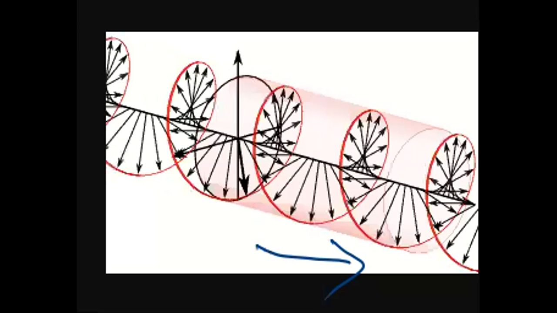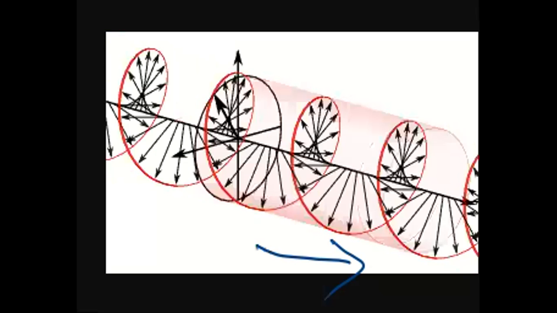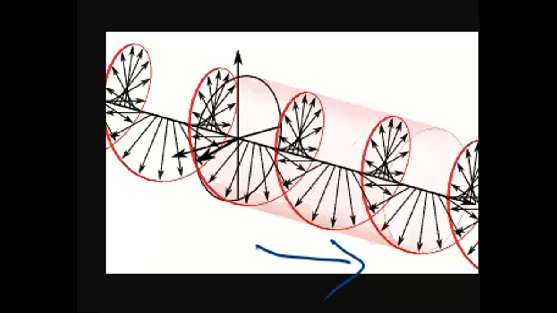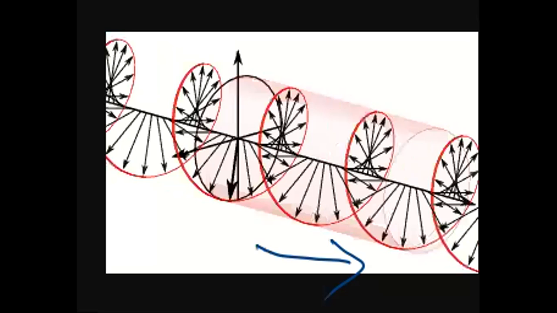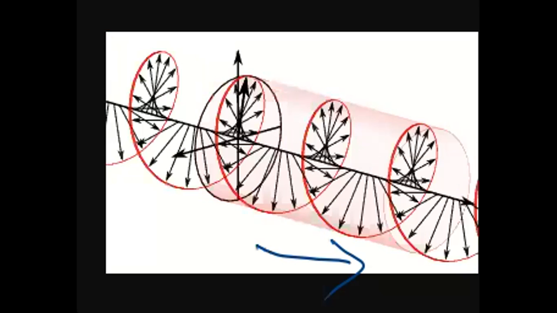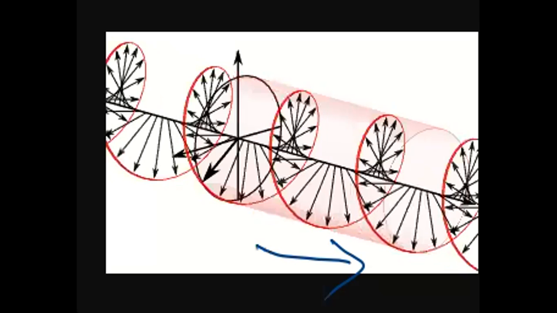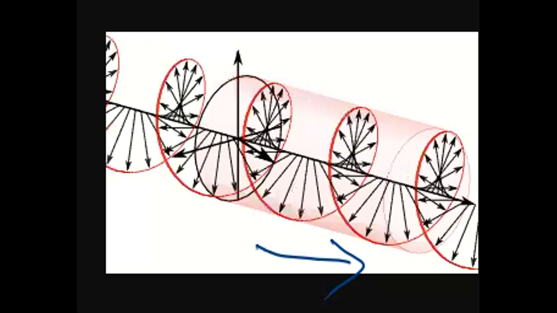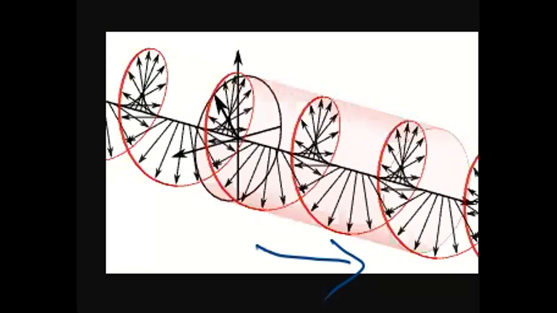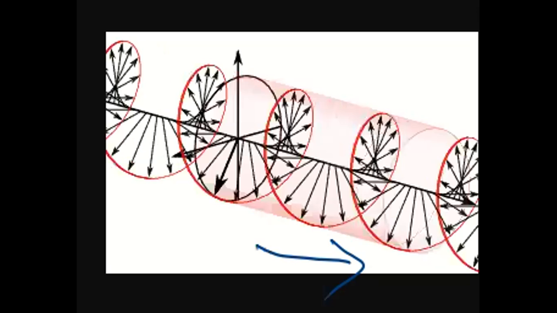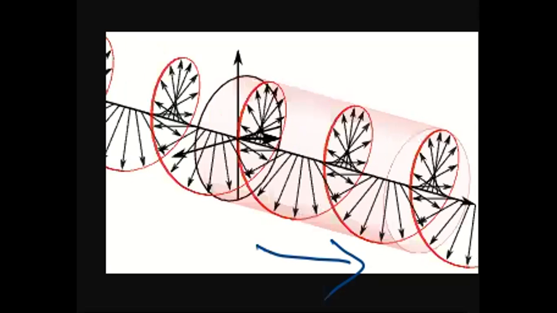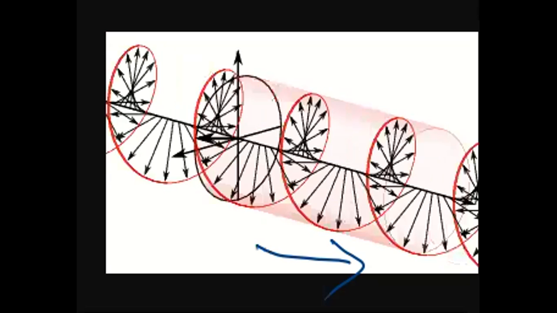Sir, this data is anti-clockwise. Okay, forget about anti-clockwise. Keep your fingers in the direction of the rotating vector. Then which direction is the thumb denoting? If you keep your right hand, that is not correct. I think you have to keep your left hand, because then this is following the left-hand rule.